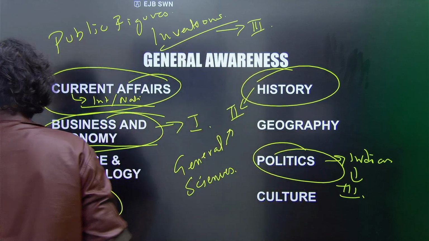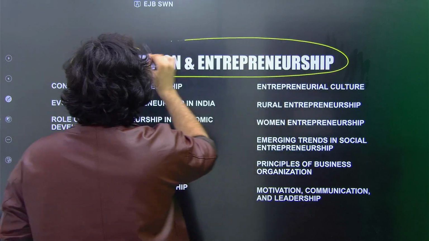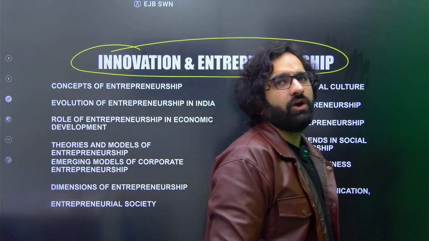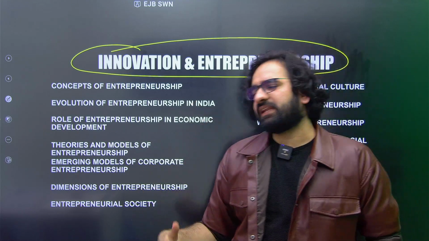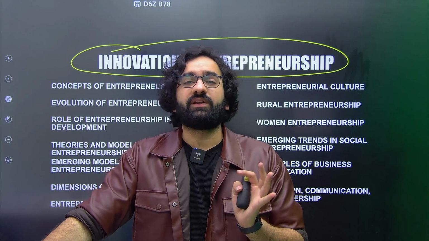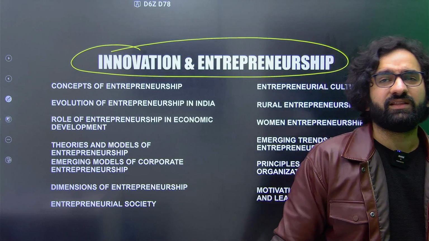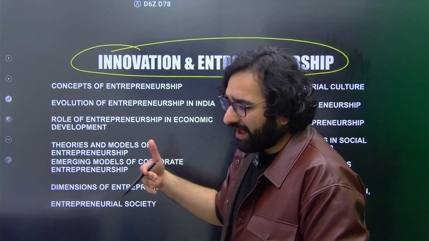Now, with that in mind, let's quickly come to the final section. This is a bit of a tricky one. Innovation and entrepreneurship. This was originally included in the 2021 paper as an optional section. However, come 2022, they have made it an absolutely necessary section. You can't skip this out. This again, like all the other sections, contains 20 questions. This is not an optional thing anymore. You have to attempt it if you want a decent chance at the exam and the results.